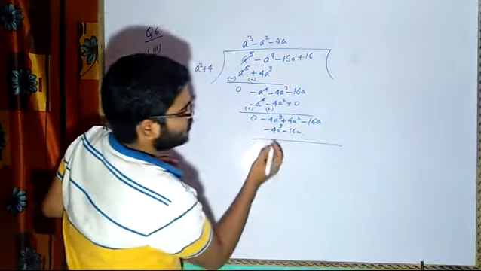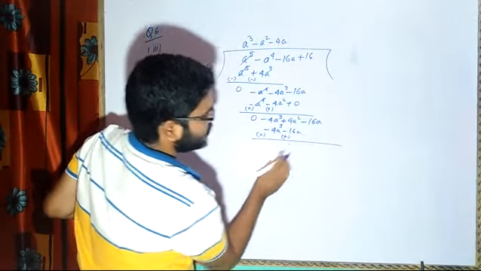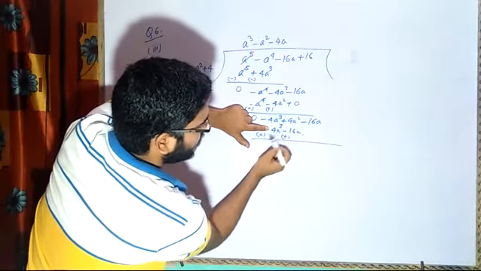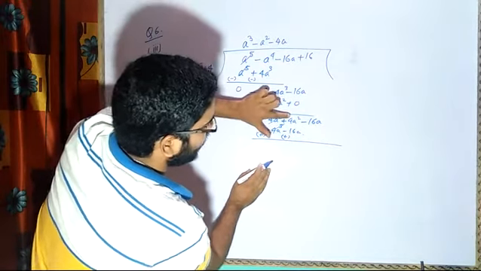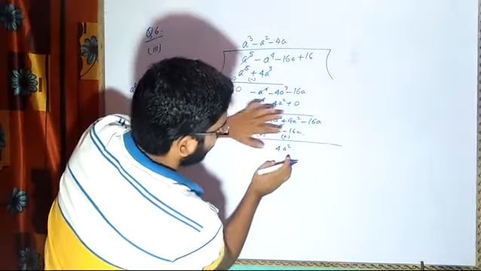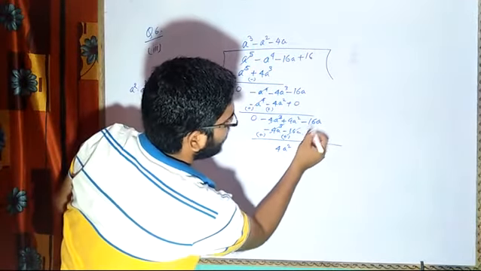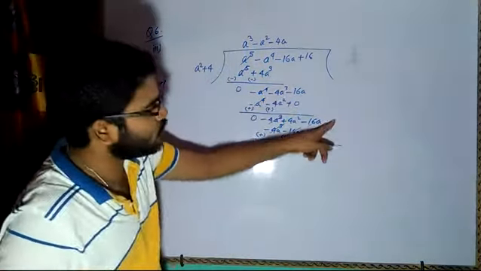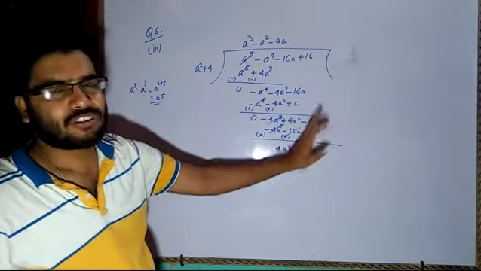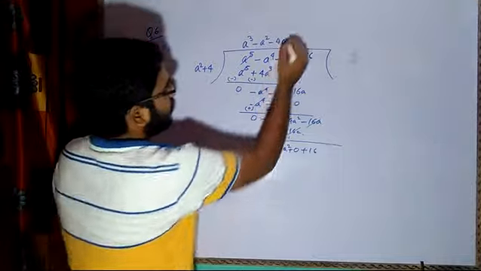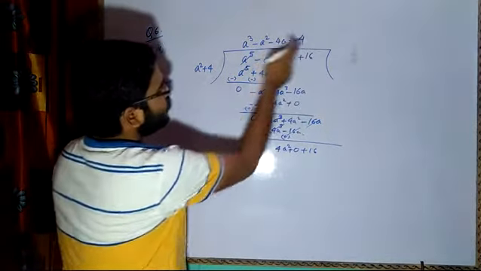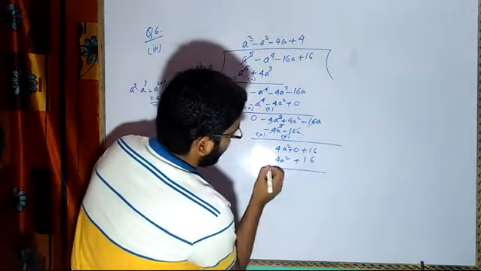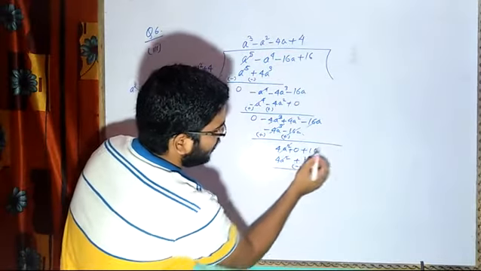So again change of sign, here plus, here plus. Now you see minus 4, old sign will be removed, minus 4a cube plus 4a cube, that means this will be cancelled. Here we are having plus 4a square, plus 16 minus 16, that means cancelled, 0. Then I will bring plus 16 from there as it is. Here also I could have brought it, but I have not, no problem, because we were not supposed to do anything on that. Now I want 4a square. So if I multiply with 4, 4 into a will be equal to 4a square, 4 into 4 plus 16. Then if we subtract, that means change of sign, plus 4a minus 4a cancelled.